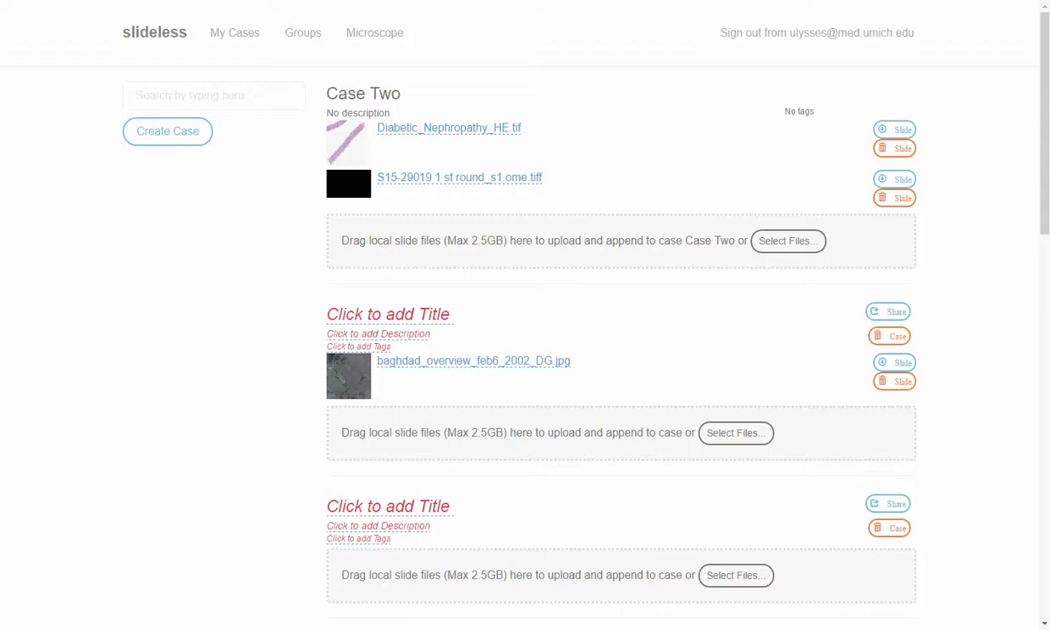Hello, this is Ul Balis, Professor of Pathology and Bioinformatics at the University of Michigan. In this short demonstration, I will go over the standard workflow of using the Slideless web-based framework with an incorporated tool which we've developed in our lab known as VIPR, for vector invariant pattern recognition, which is intended to assist